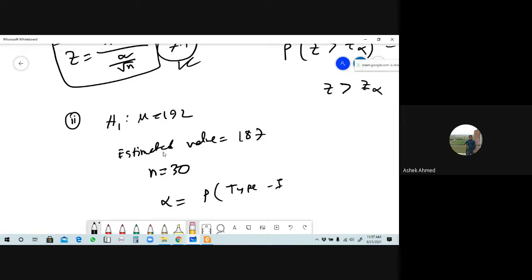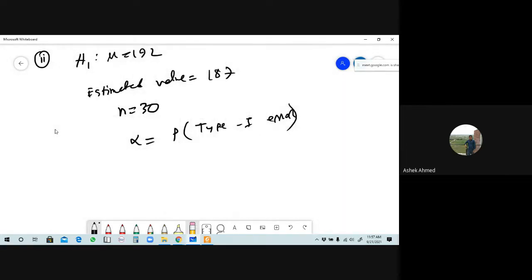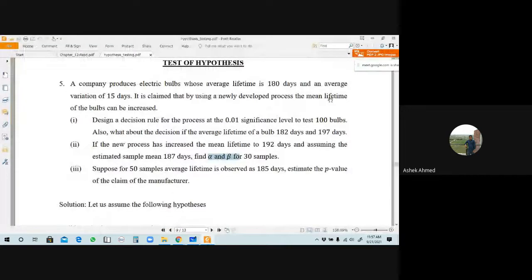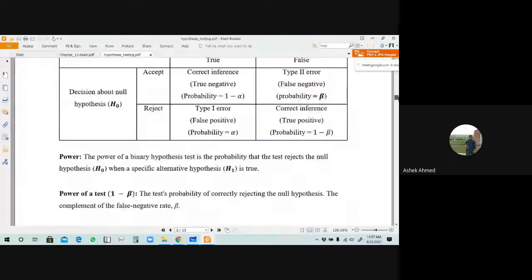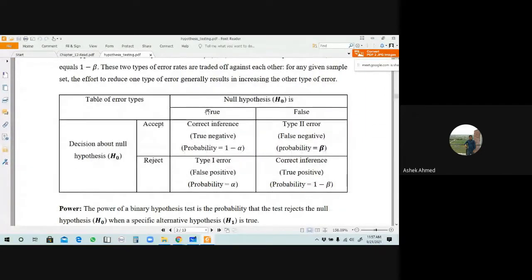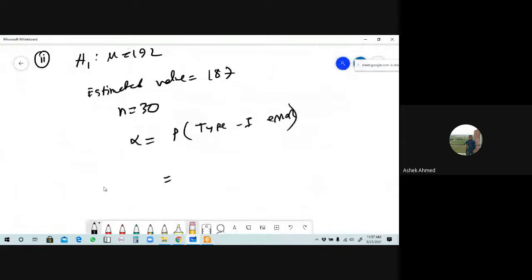Type 1 error ছিল. Okay, so what was the type 1 error? Okay, so the type 1 error will be the probability of, তাহলে আমাদের টাইপ 1 এরটা কখন ছিল, আমরা পেজ নাম্বার 9, টাইপ 1 এরটা ছিল ওই কেসে যেখানে H0 is true but H0 is rejected হবে, H0 is true but H0 is rejected. তাহলে এখানে বলো দেখি which probability will be type 1 error.